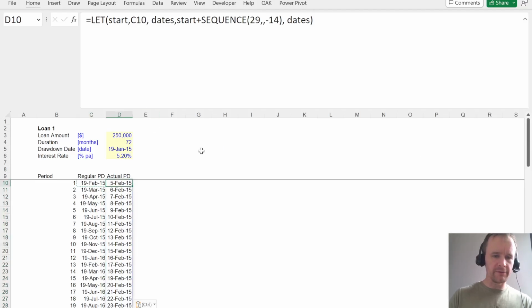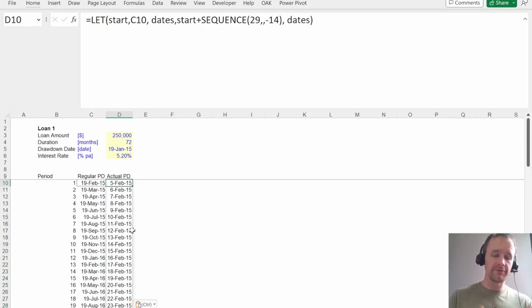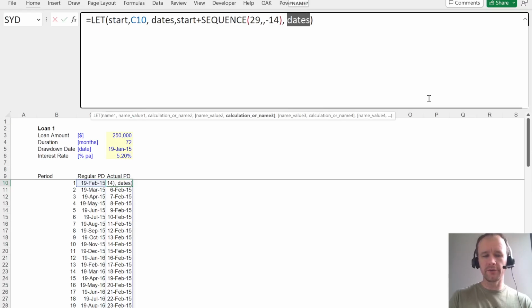So now you see we have from the 5th of February, 19th of February is our date in the middle, up to the 5th of March. And then we're going to basically filter these out in terms of what makes these valid dates or not. So first I'm going to say